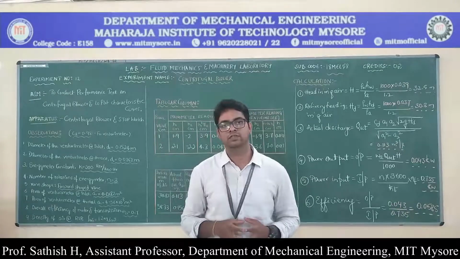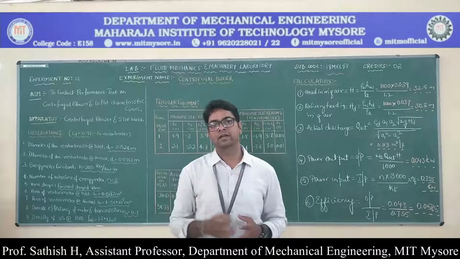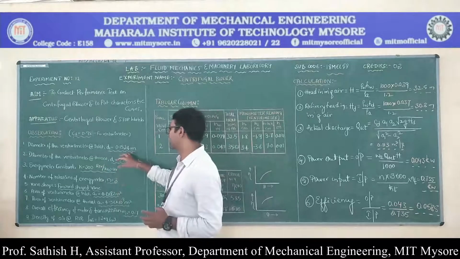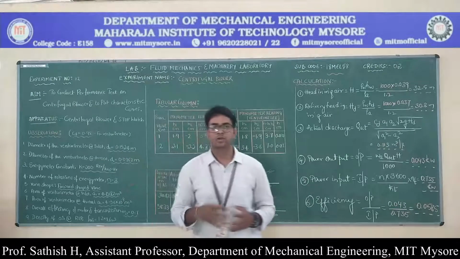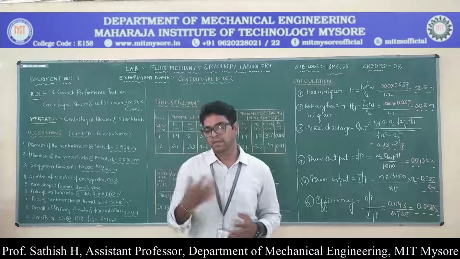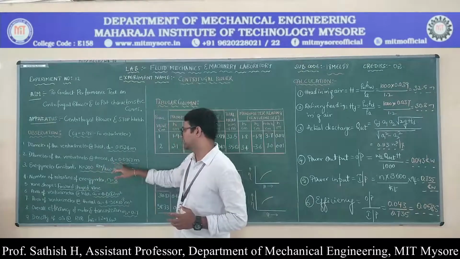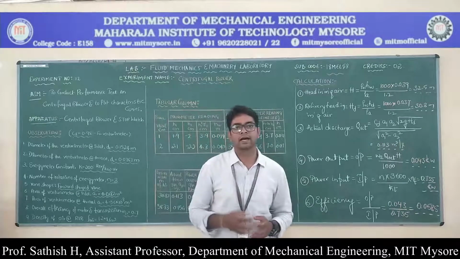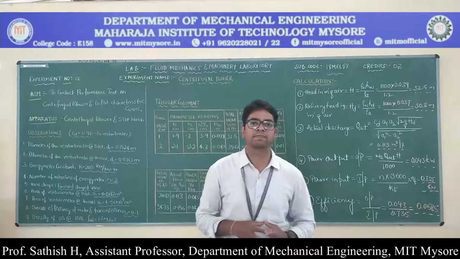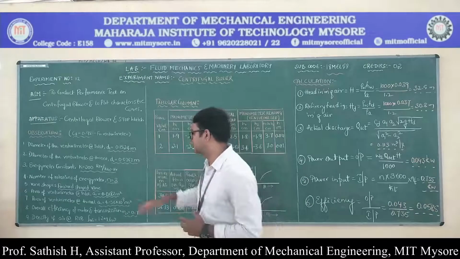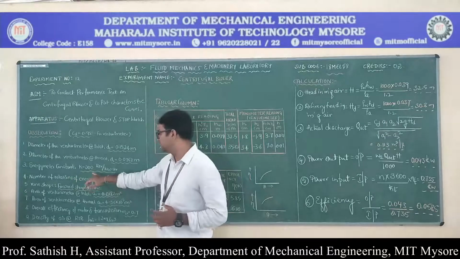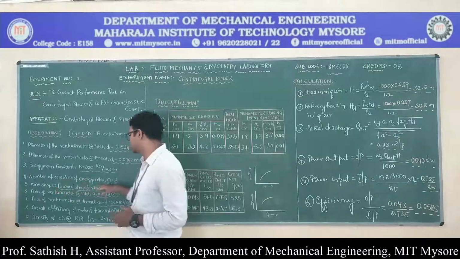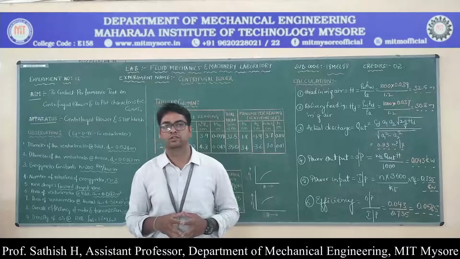In order to measure this flow rate, we need to note down the diameter of the venturimeter at the inlet, that is D1, which is equal to 0.1524 meters. Also you need to note down the diameter of the venturimeter at the throat, which is equal to 0.0762 meter. Then, in order to record the electrical energy supplied to this electric motor, we need the energy meter constant, which is equal to 200 revolutions per kilowatt hour. The number of rotations of the energy meter, small n, is equal to 3.